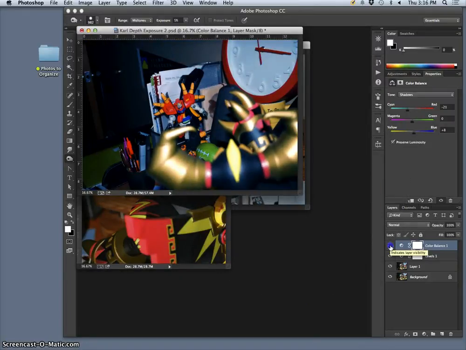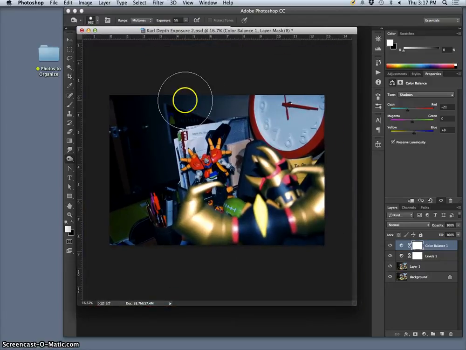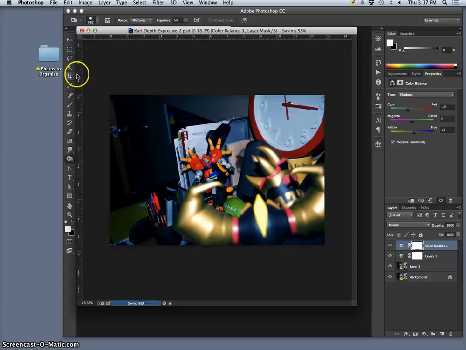Big change there, just with color balance. All right. So I'm pretty happy with that right now. So I say File, Save. Okay, now